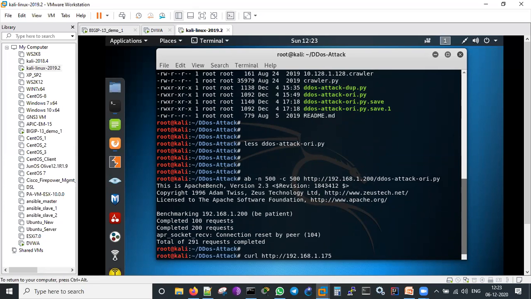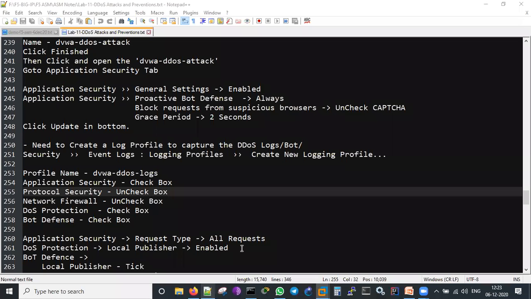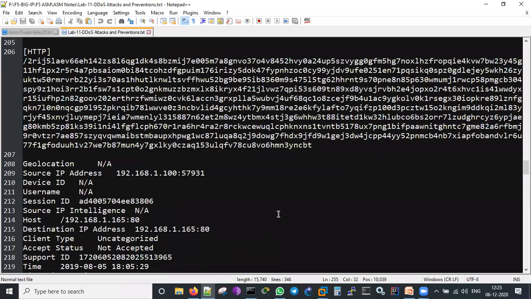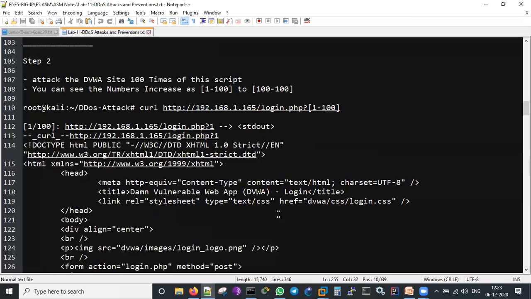What was it? I just forgot. I can do the curl HTTP also. One second, I have the other one. Let me try attacking it with the new one. I can do something like curl, login.php 1 to 100.